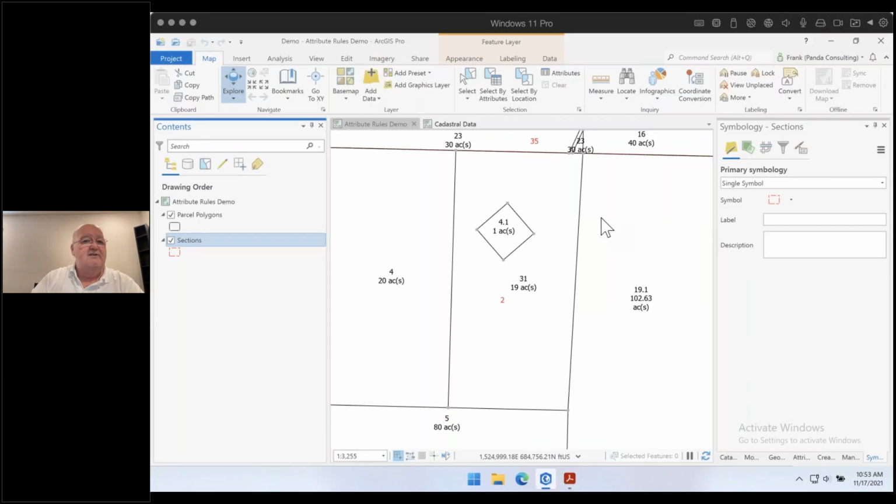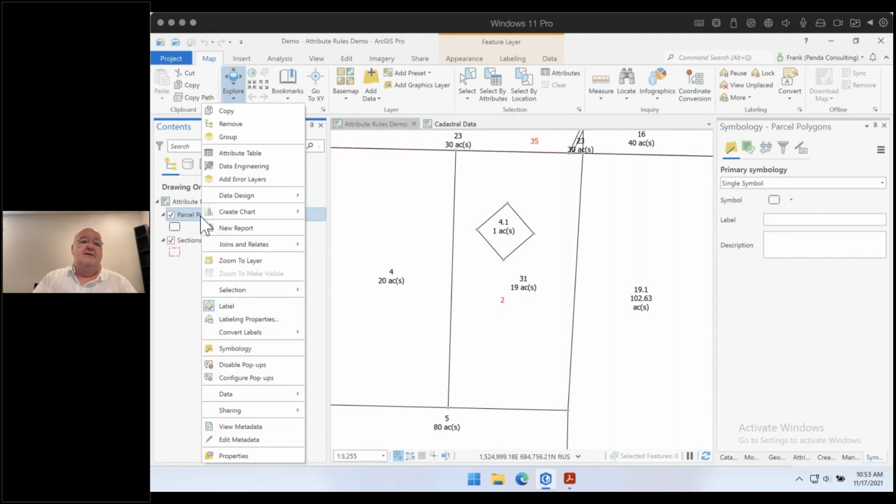So this is ArcGIS Pro, and I've got two simple feature classes in here. One is called parcel polygons, the other one is called section polygons. And in order to go and implement an Arcade rule, what we do is we right click on a layer, and under data design, we have,